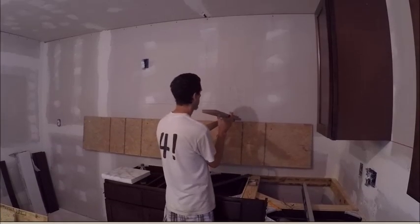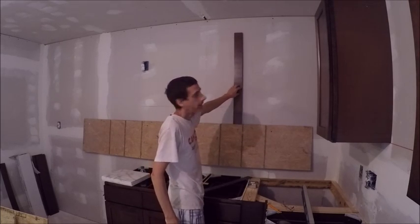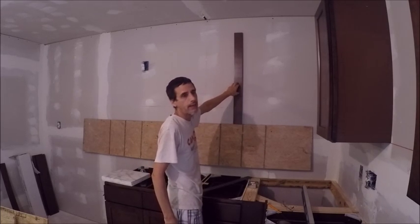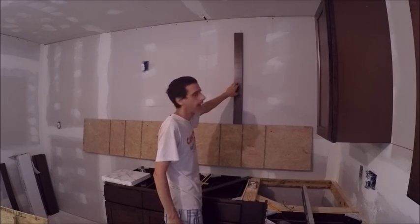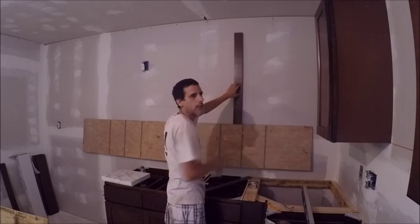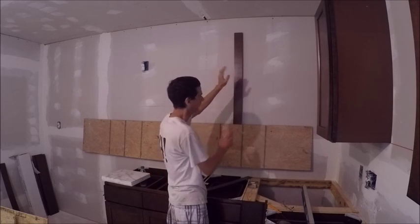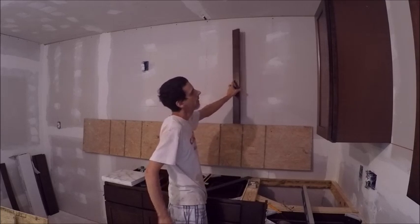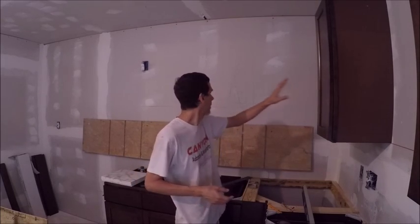You got your cabinet sitting here. You can set your cabinet on it, push it up on the wall, and it's held. That's why one person could hang cabinets. The uppers. You don't need 2 people to do this. Just as long as you can pick the cabinet up and get it up here, and then open the cabinet up, put a couple of screws in the back, and you're ready to go. You can see this thing even stayed there by itself. Well, of course the cabinet will fall, but so the next thing is I'm going to take this down,